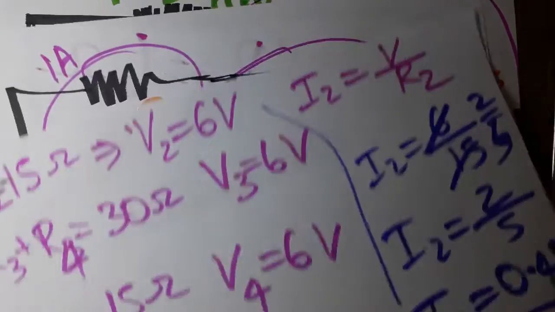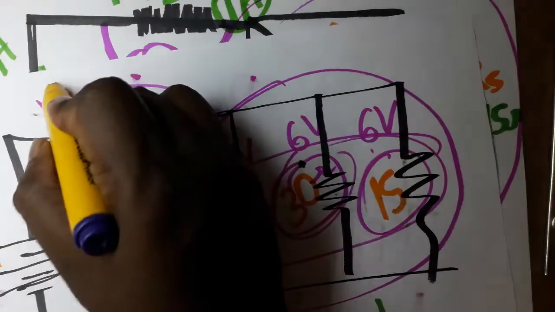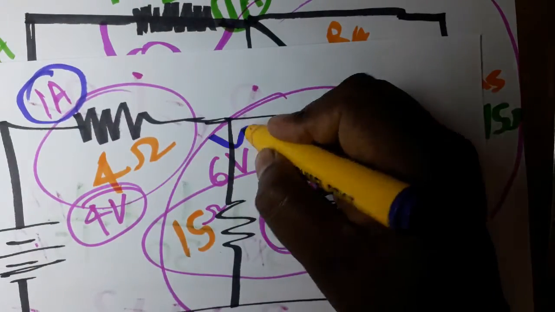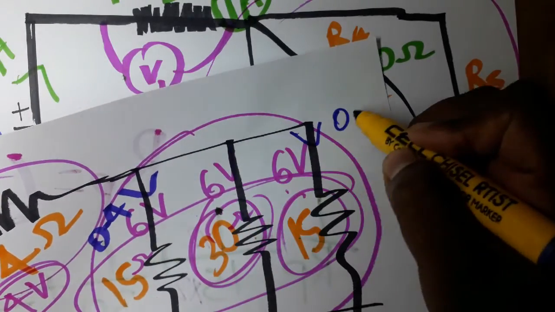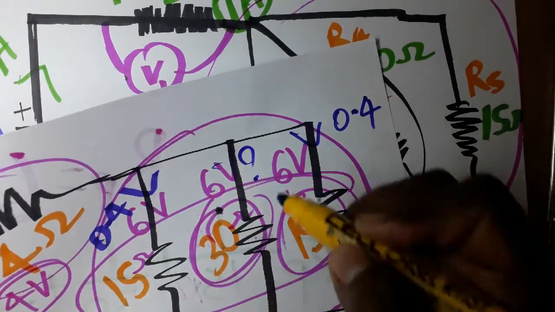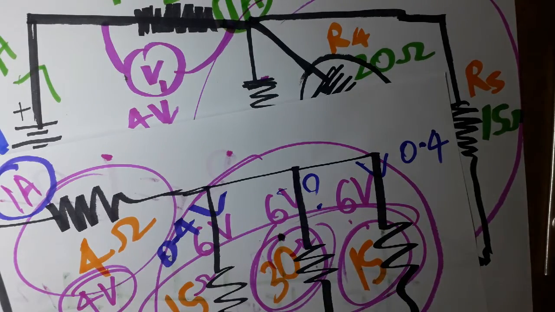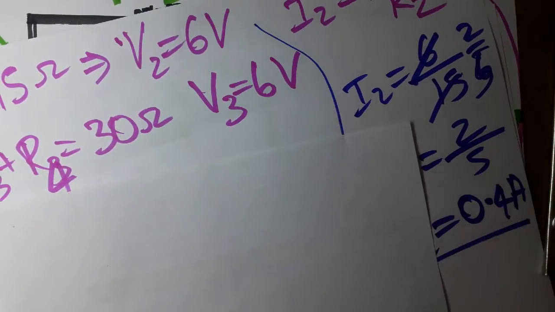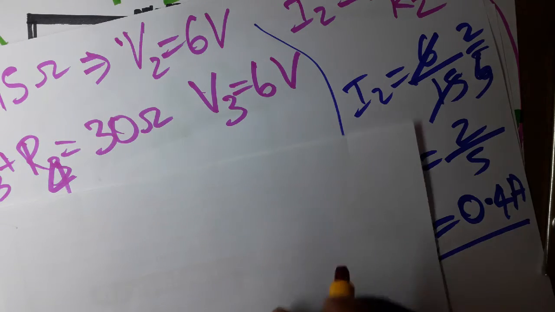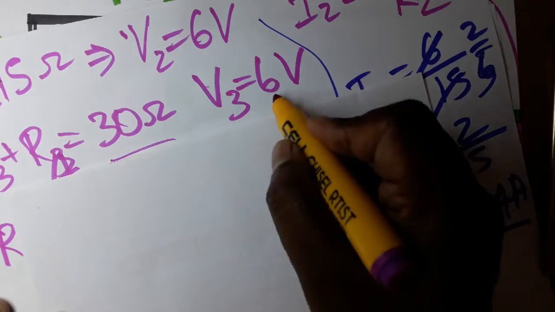Okay, again I will show the circuit. For this circuit here it is 1 ampere. Here it's 0.4 ampere, and here the current is 0.4 ampere. What about here? So at this point I am going to calculate now. See, it is 30 ohms resistance and the voltage is 6 volt. We have the resistance 30 ohms, voltage 6 volt.